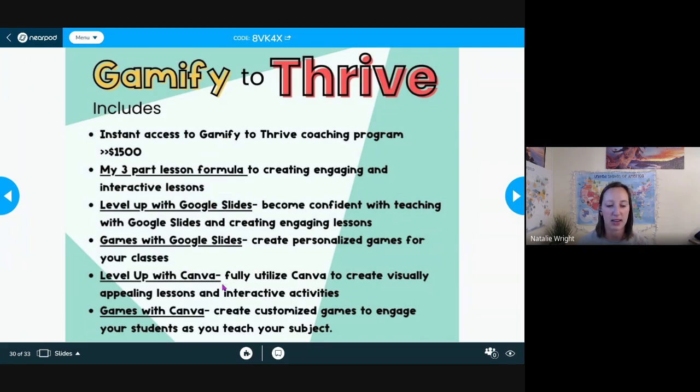Here's how, from the basics to the more advanced, we can use Google Slides to create those engaging lessons with drag and drop features, all those tips and tricks. And then both games with Google Slides and Canva,